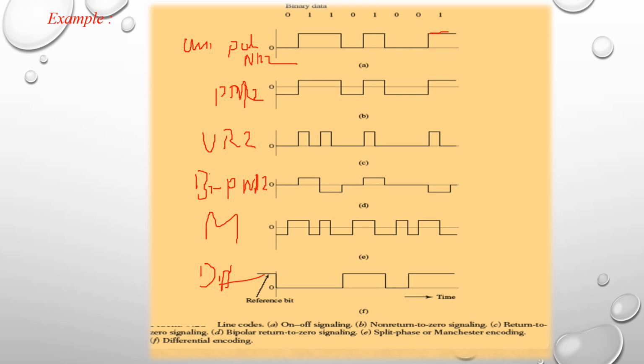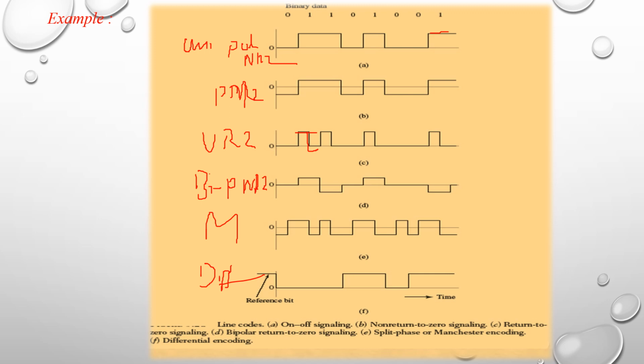The next conversion is unipolar return to 0. In unipolar return to 0, 0 we retain as it is, for 1 half of the bit duration is positive voltage level and the other half returns to 0. The next bit is 1, half of the bit duration is the higher value and the other half returns to 0. The next bit is 0, 0 we retain as it is, and the next bit is 1, half of the bit